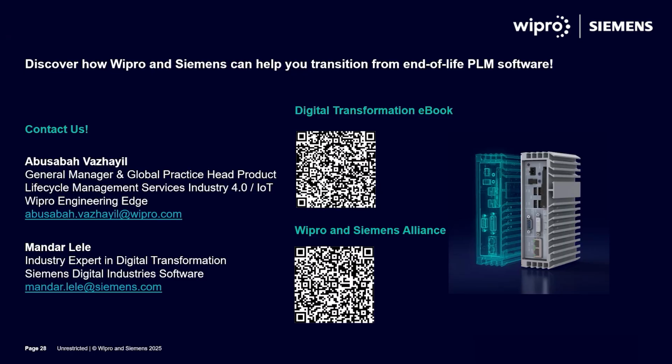Focus on user experience. The adoption of a new system often fails due to poor user experience. Make sure the system is intuitive and aligns with how users work, so you will reduce resistance and improve efficiency. And last I can think of is to prioritize integrations. You should ensure that the new PLM system integrates smoothly with other enterprise systems. This can enhance data sharing, reduce duplication, and improve overall business agility.